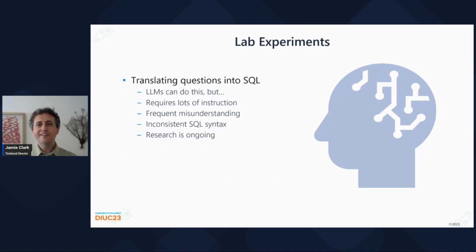Now, it almost works, but there are a lot of hurdles to overcome. One of the problems is you need to describe the data structures that you're able to query very thoroughly, or else it will tend to misunderstand the question. For example, if you have a column named units, you have to explain to the model before the human question comes in what units means and what it is related to, what the relationship is between these columns, and give it some context. Otherwise, it will tend to misunderstand questions because humans don't always ask questions in a very rigid